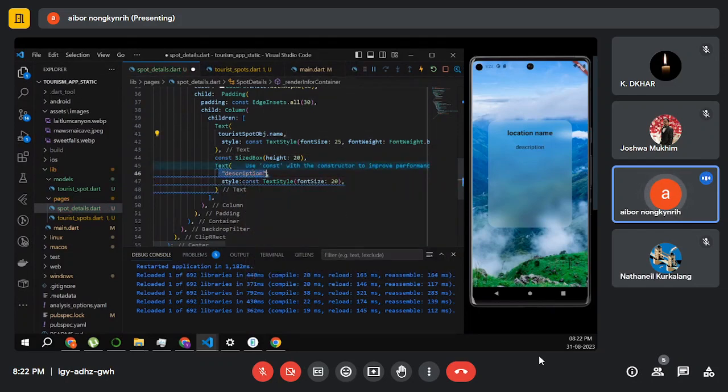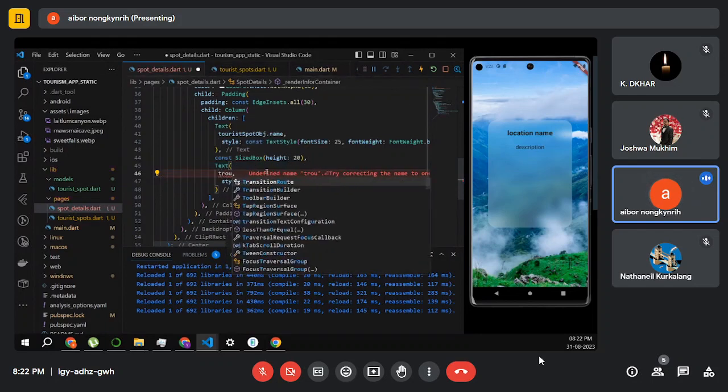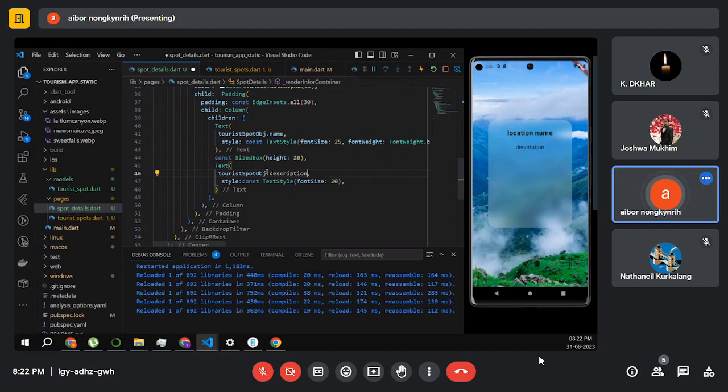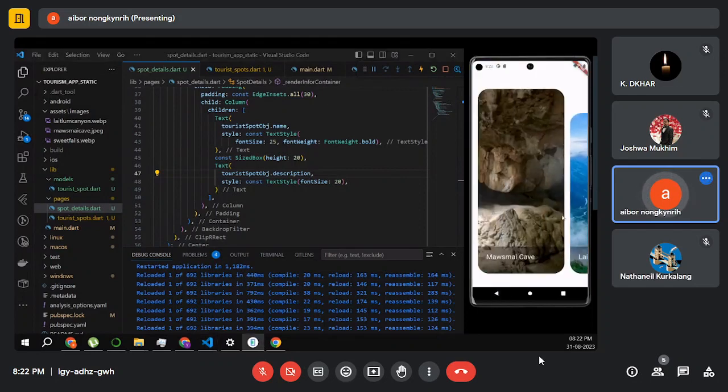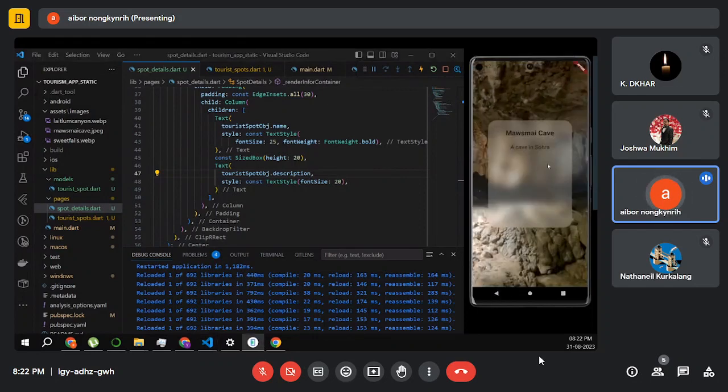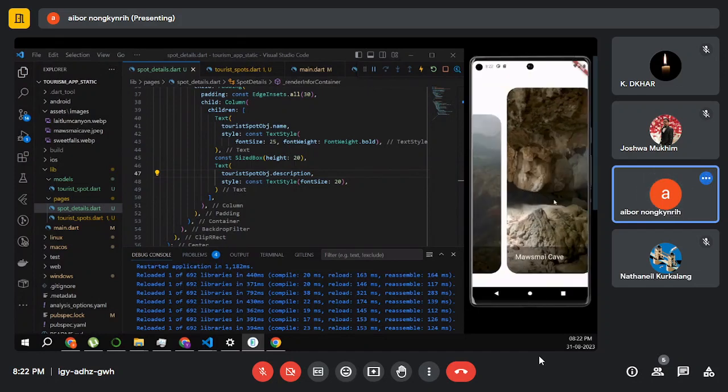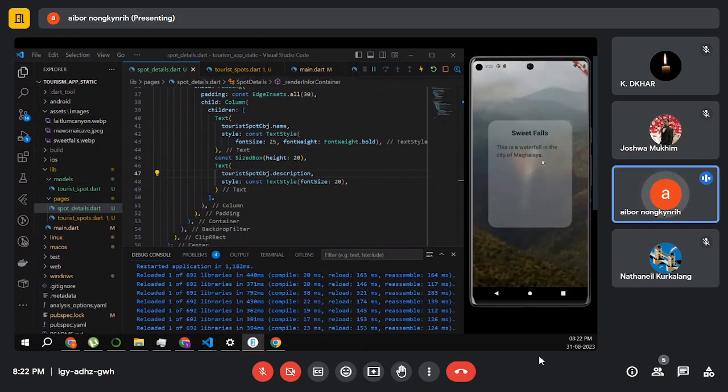So here we need to add our description. Object dot description. Now, okay, now we have the card here. So Long Canyon, a small yet breathtaking canyon in Meghalaya. Let's see for the others how it looks. So for Mawsmai Cave, ooh, cool. Okay, we have the description and name there. Sweet Falls. Yeah,